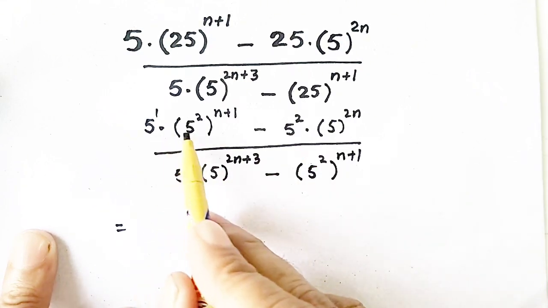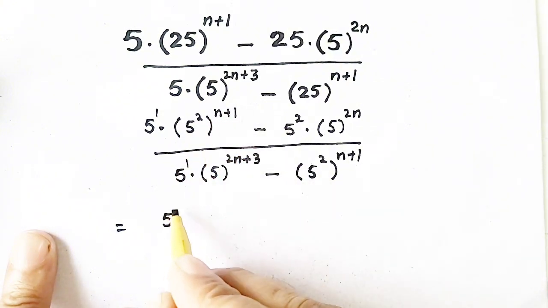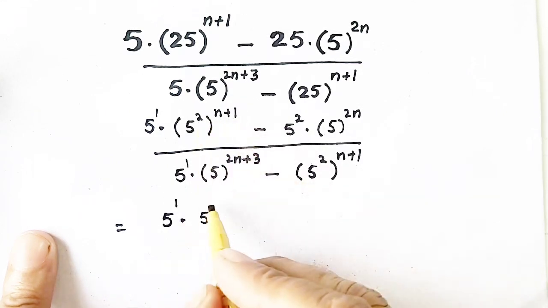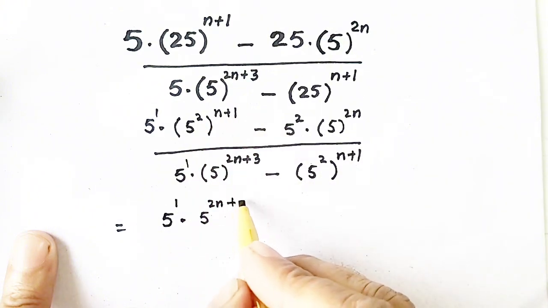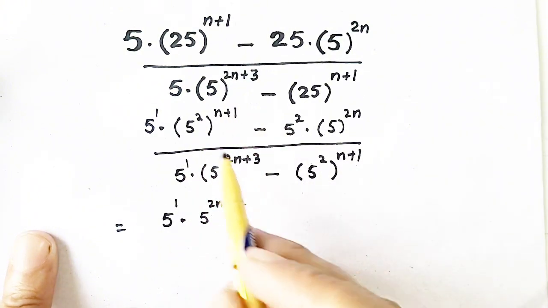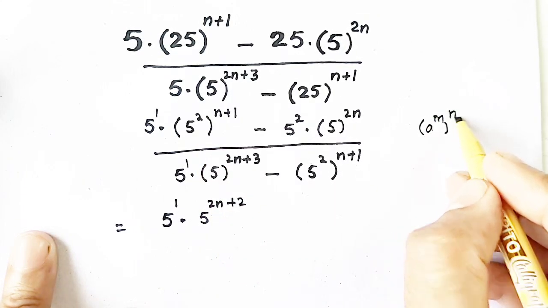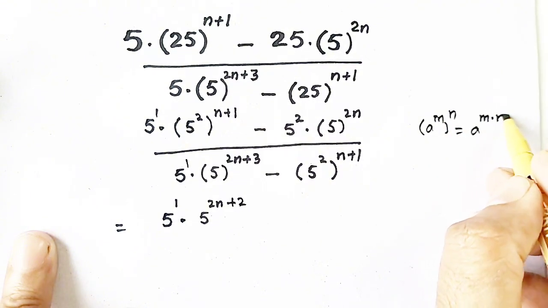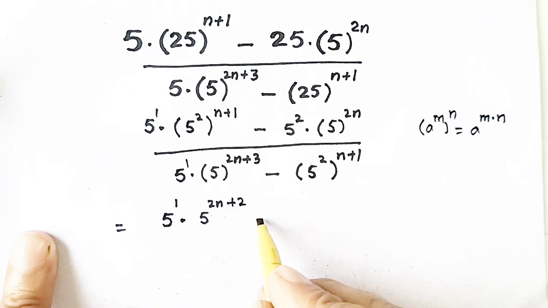When the bases are the same, we will add all the powers. So first of all, we will make this power single. We will get 5 raised to power 1 multiplied by 5 raised to power 2n plus 2, meaning 2 is multiplied with n plus 1, so 2n plus 2. Because if we have a to the power m, then to the power n, then m and n are multiplied, a to the power mn. That rule is applied here, 5 to the power 2n plus 2 minus